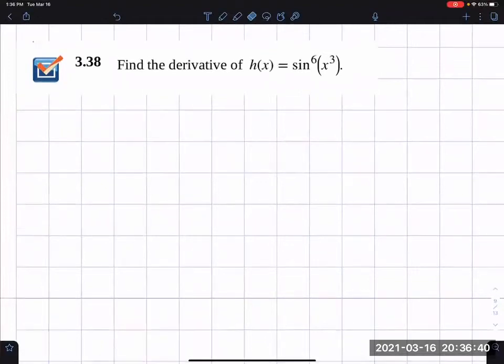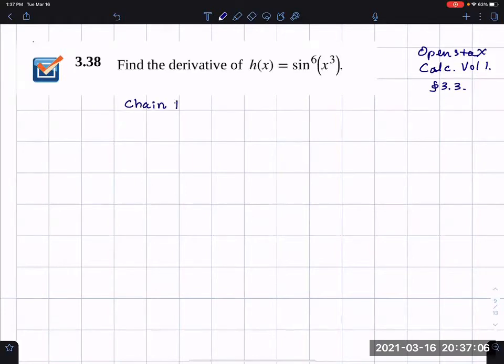Okay, this is from section 3.3 from OpenStax. That's starting off with a messy writing beginning. Okay, so look, I'm using the chain rule here. This problem is a little bit more tricky because I have 3 layers of functions. The outside function, most outside, is